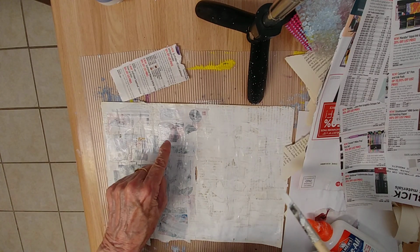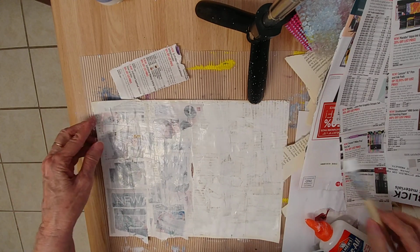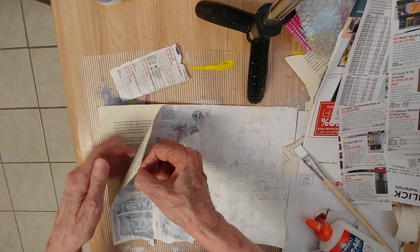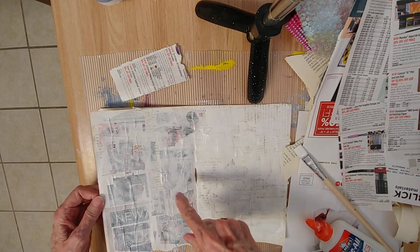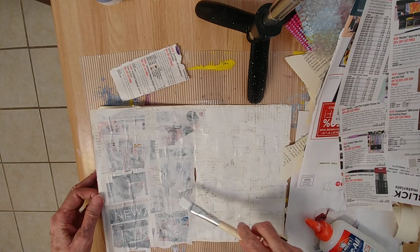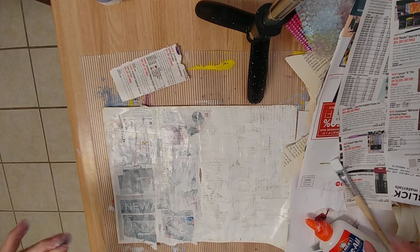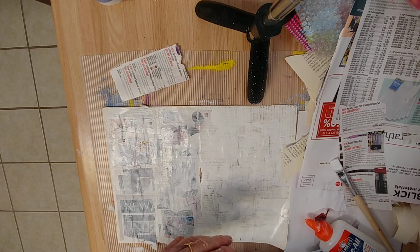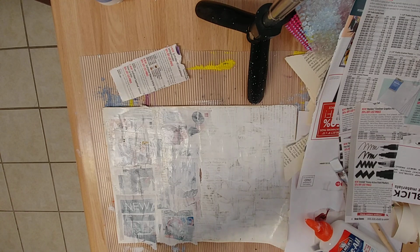Okay, so this is going to be the page that I put in my book, for a tip-in. It's going to look like a tip-in. So I have to let this side dry, and in a minute I'm going to put colorful underpinnings over here off of camera